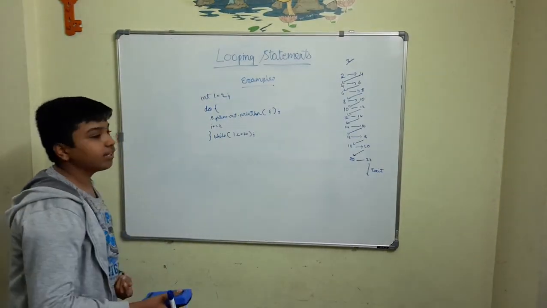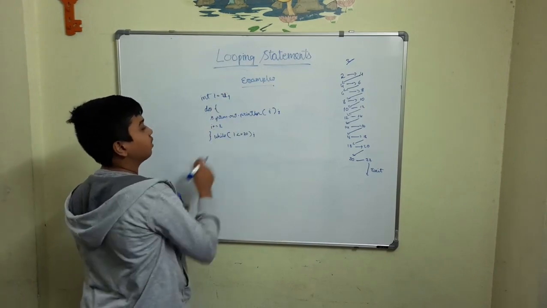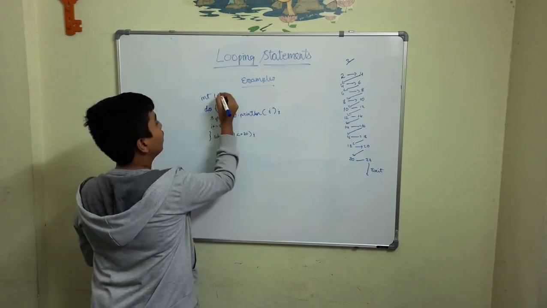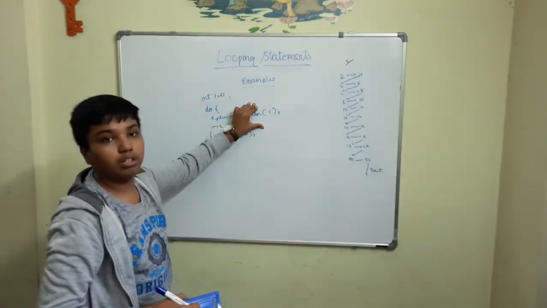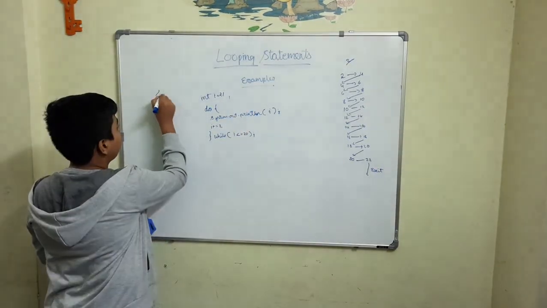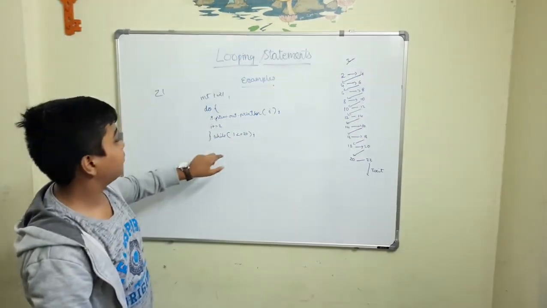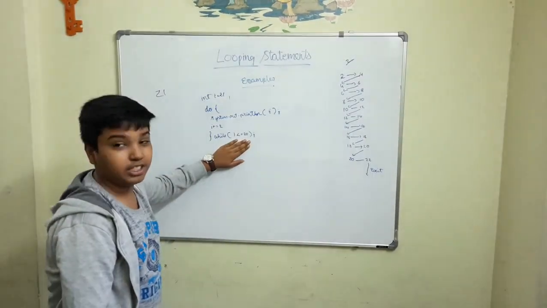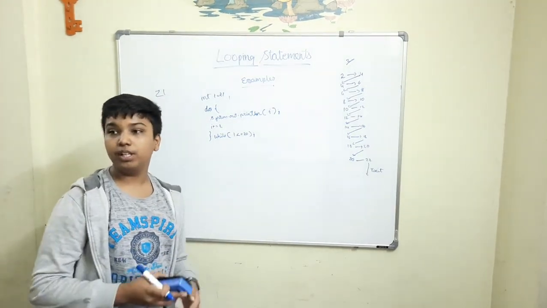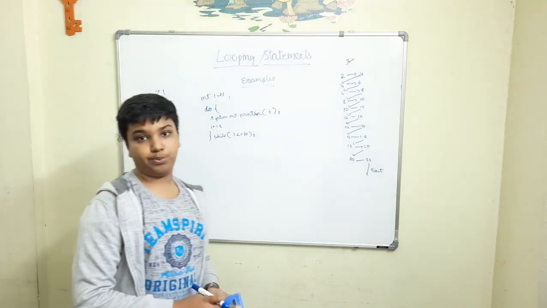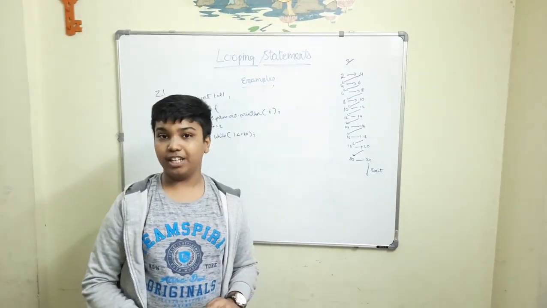Okay. Example, if you give the i value as 21 or something, it will still print out the first iteration as 21. It will give me the output as 21 even if the condition is false, because it does not check the condition in the starting iteration. Okay. So that's the difference between the do while loop and the other loops. Okay, I hope the loops concept is pretty clear.